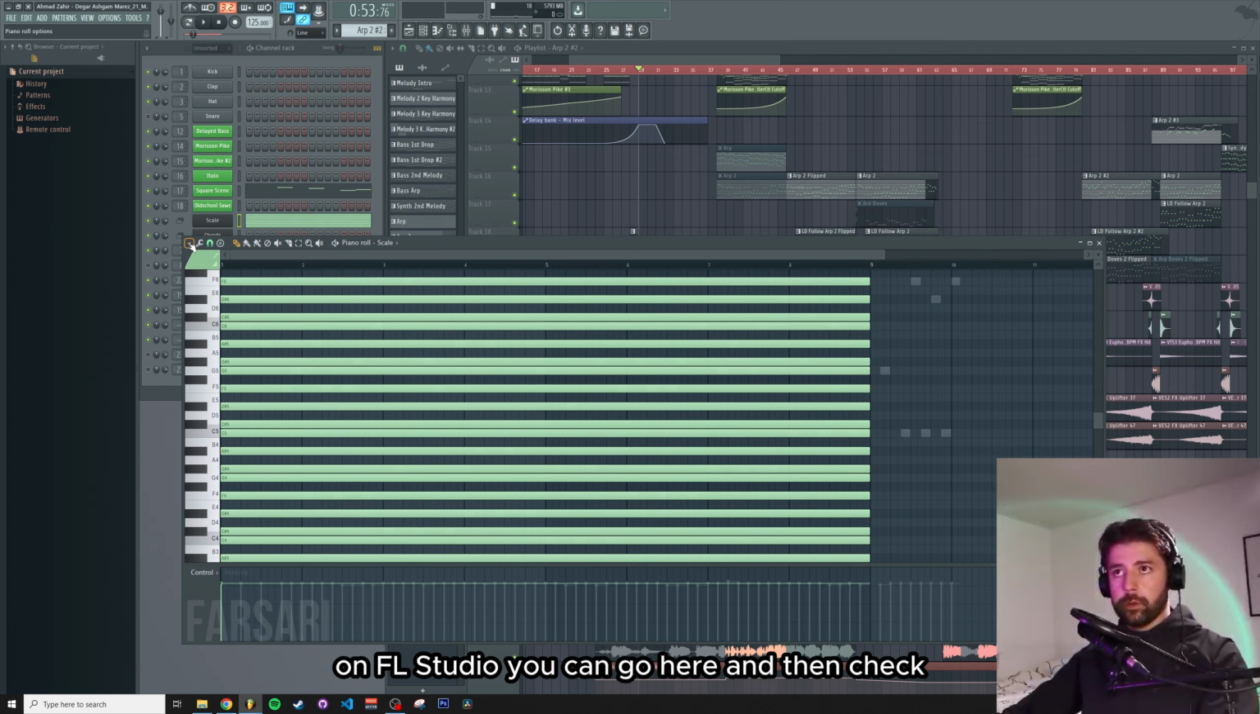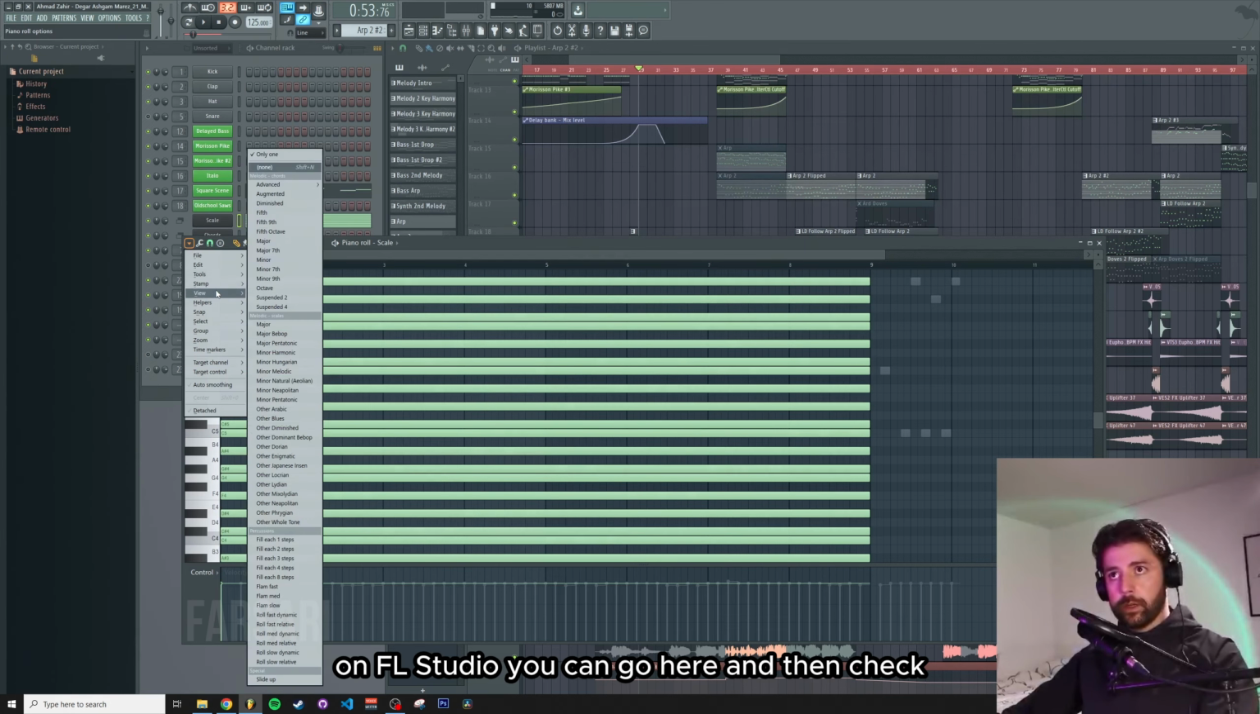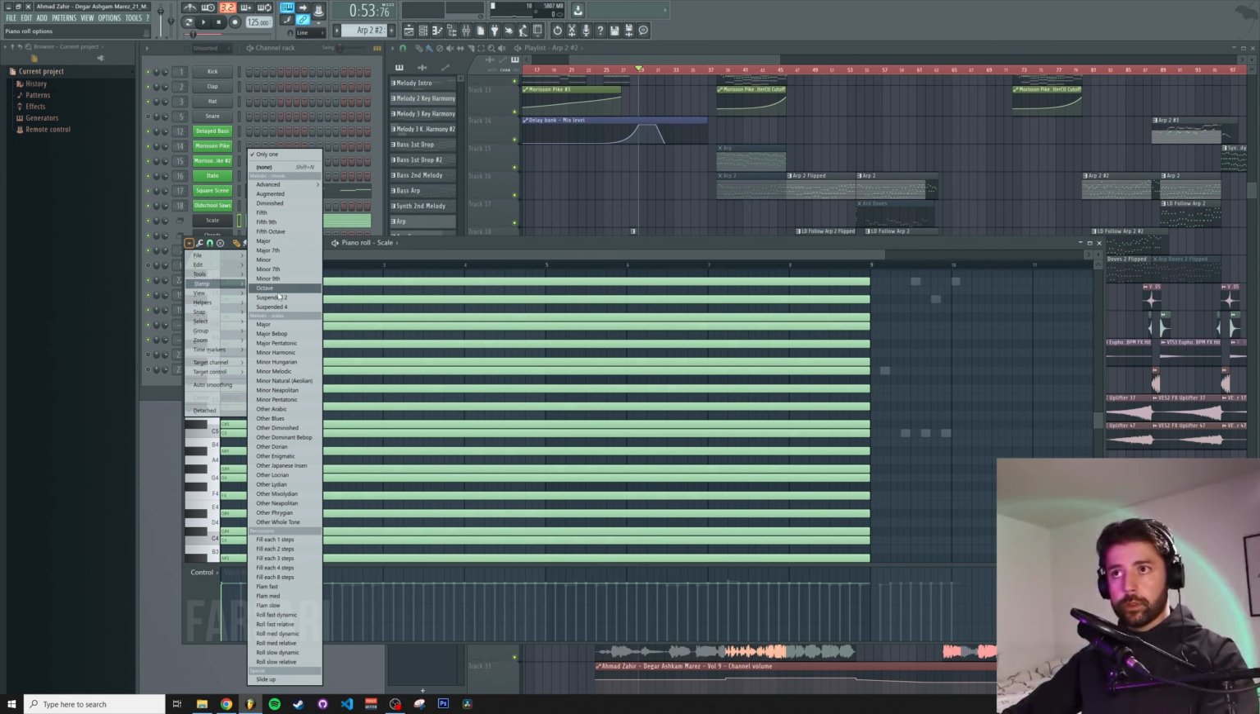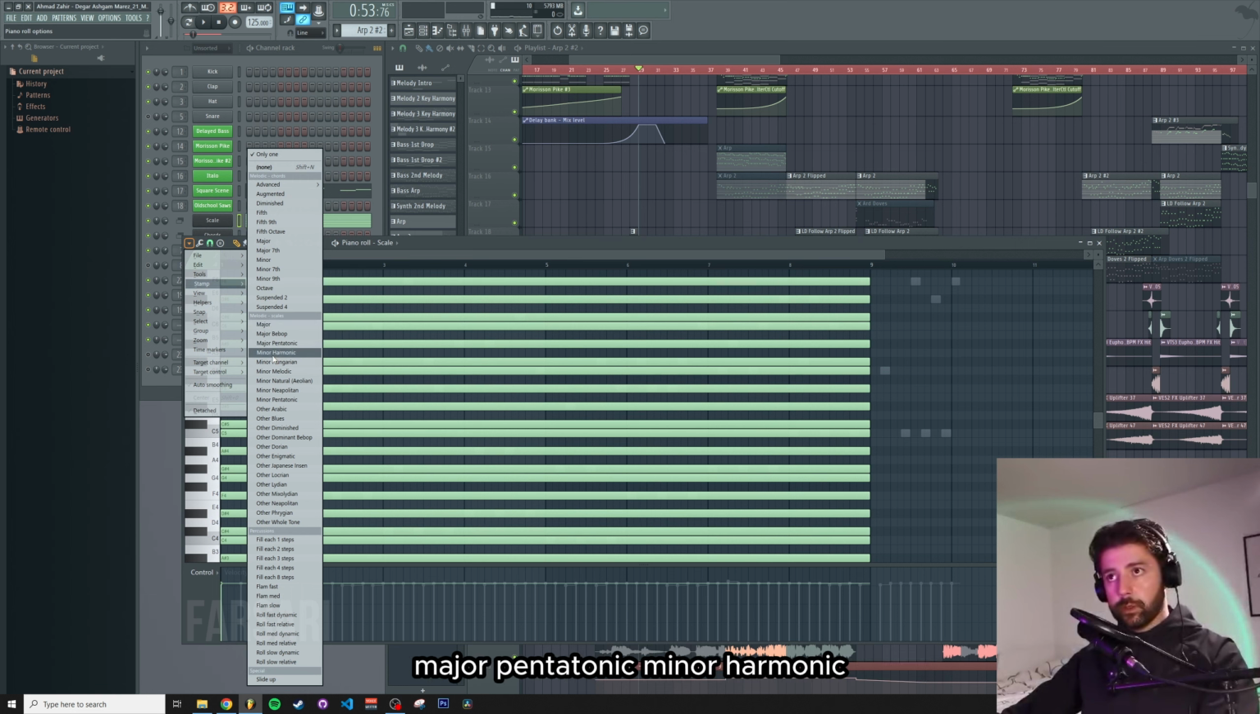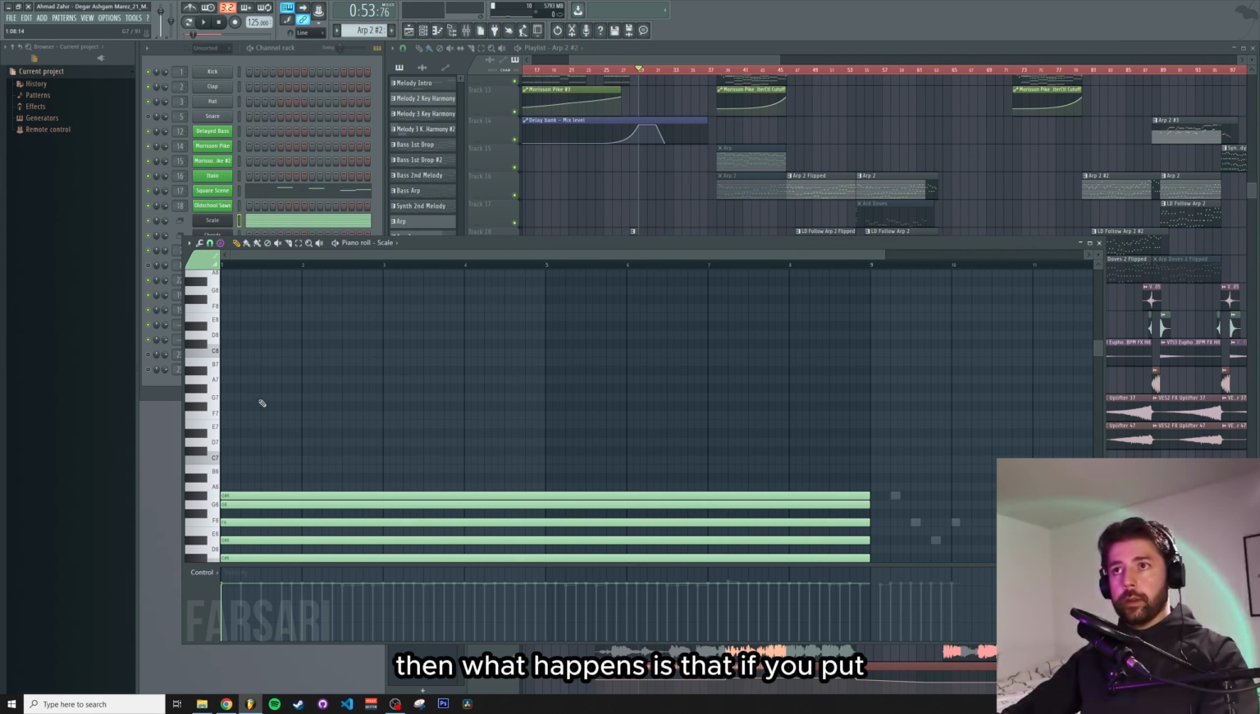So for example, in FL Studio, you can go here and check on Stamp, and then you see chords, and you can see scales. You have the major scale, major bebop, major pentatonic, minor harmonic, minor Hungarian, Arabic, blues, etc. And if you pick one of these, for example, let's pick major pentatonic, then what happens is that